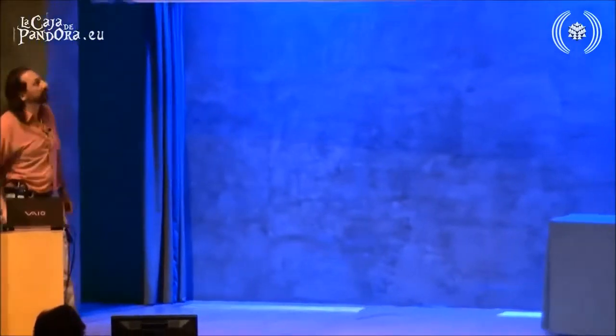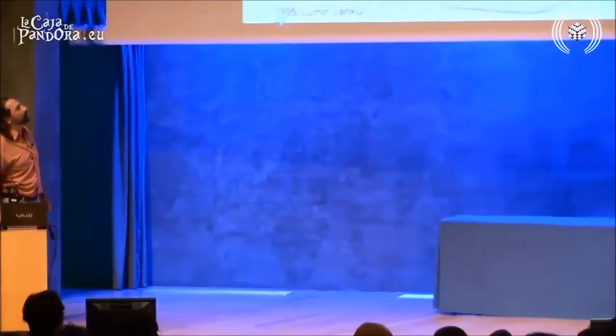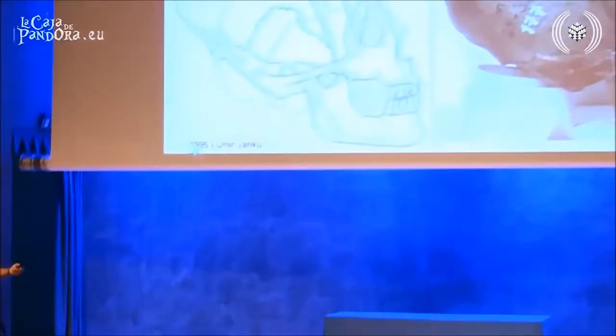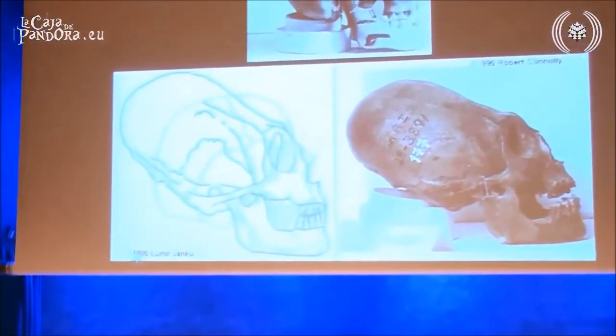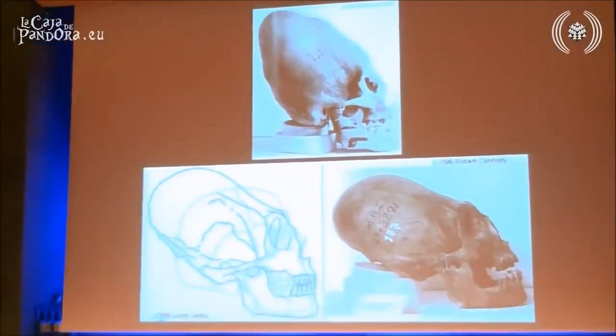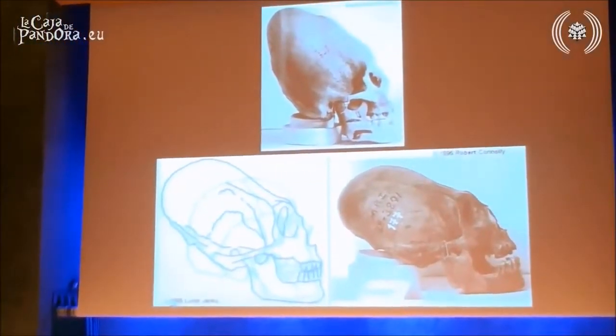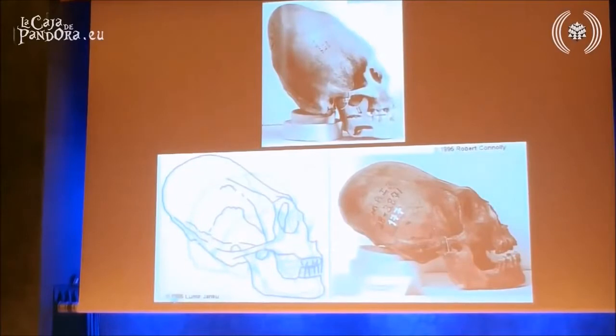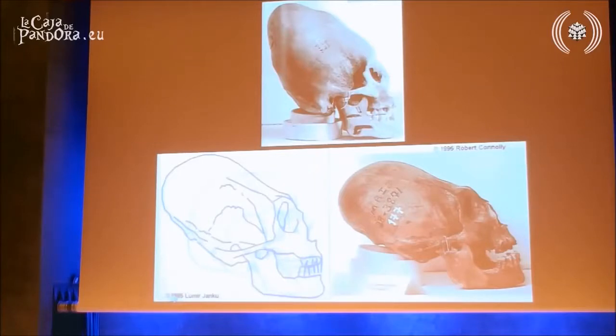It's very interesting. Now, there wasn't just one of those skulls found. Many of these skulls were found. Most of the time, very close to very sacred sites, like in temples and so on. They had different kinds, more pointy, less pointy. Here's the normal skull of a human, and this is the elongated skull.